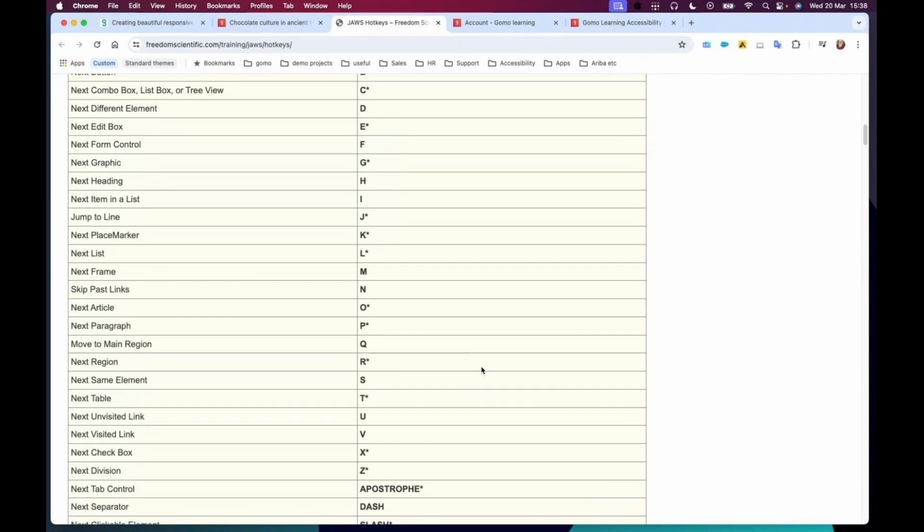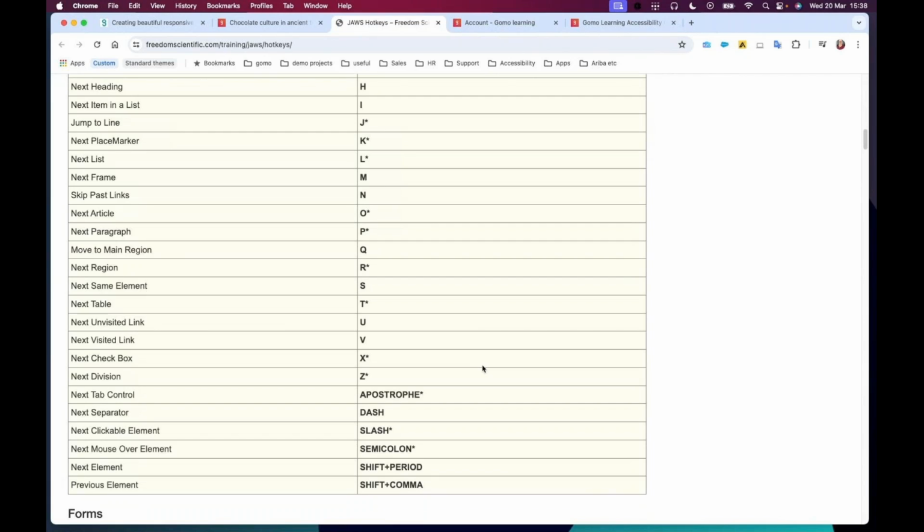So really to do proper JAWS testing, you need to learn JAWS, but ideally you would work with a user of JAWS, somebody who's very familiar with JAWS, to be able to test your content for you. So just a warning there in terms of screen readers, particularly JAWS, and the expectations of JAWS users. But let's jump into Gomo itself and have a look at